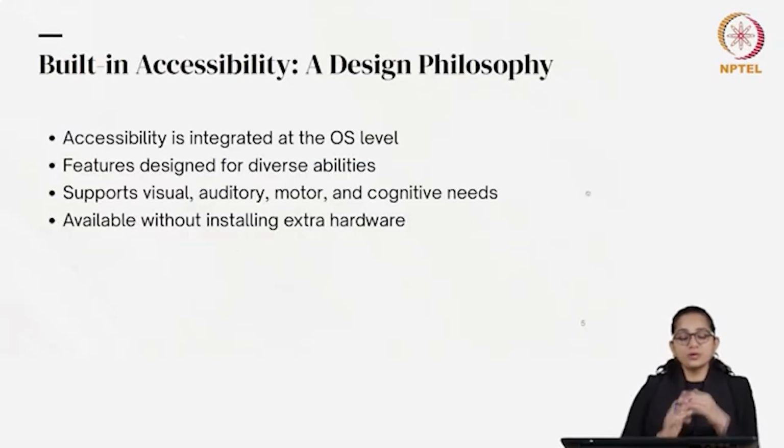There are also various built-in accessibility features in mobile phones, particularly at the OS level itself. So I'm sure, like we have spoken about TalkBack, we have spoken about AssistiveTouch in iOS, we have spoken about VoiceOver, and there are other accessibility features like dark background, high contrast ratio, and all of those things,